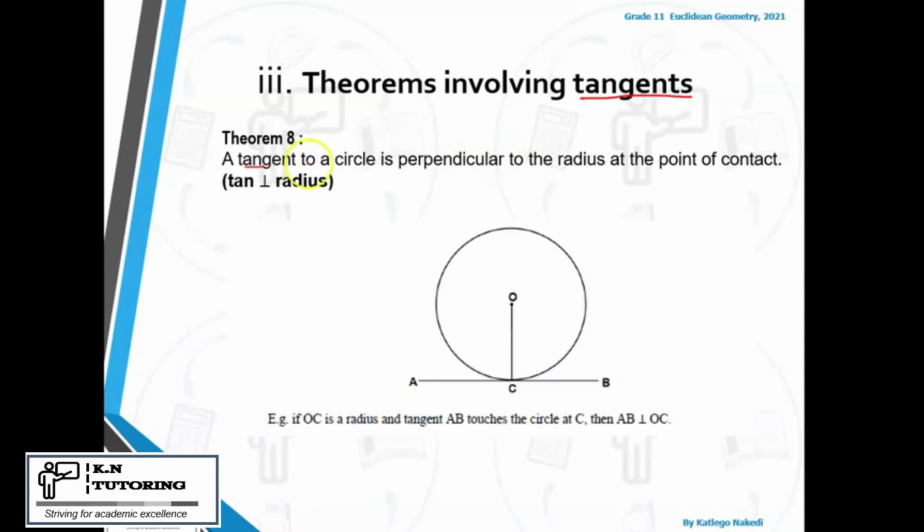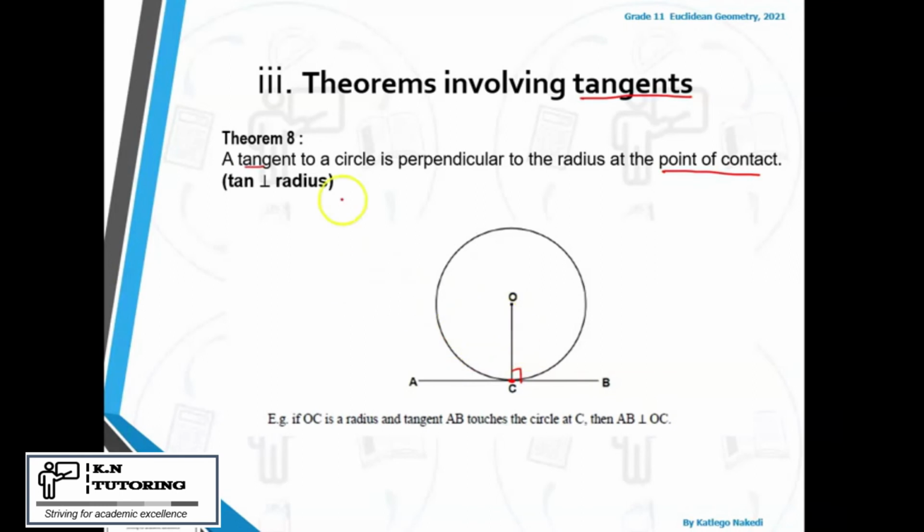So it says a tangent to a circle is perpendicular to the radius at the point of contact. If you check here, ACB is a tangent. It touches the circle at one point outside the circumference, and it says that a line drawn from the center of the circle to that tangent is perpendicular to the radius. Okay, similarly,